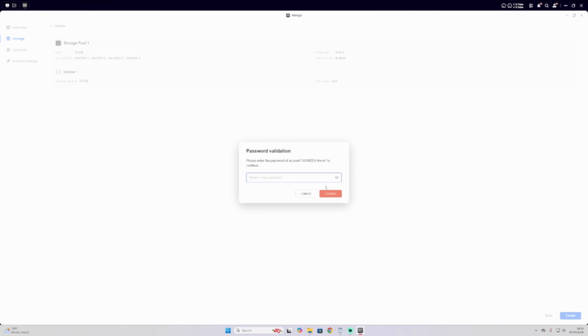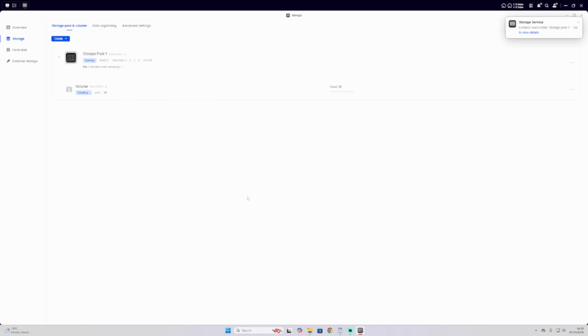Yes. Please enter your password. Oh, now did I remember my password? No, I didn't, but luckily I saved it. Now it's creating. Now this may take a long time, it may not take a long time, we will see. So it's starting at 0, so I'm going to turn this off, and I'm going to come back once it's